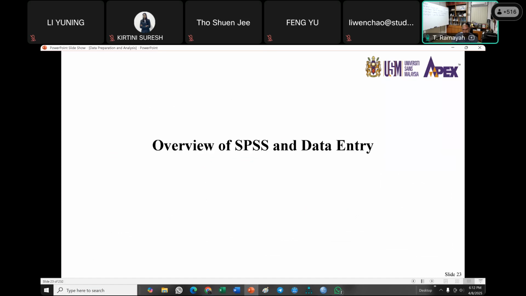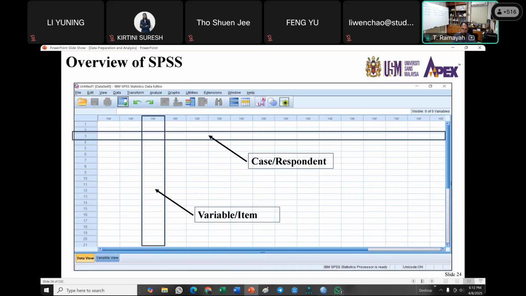So after you collect your data, now you need to convert the data you collect from the questionnaire to a form readable by the software called SPSS. Okay, so SPSS only understands numbers, right? So if you open the software called SPSS,